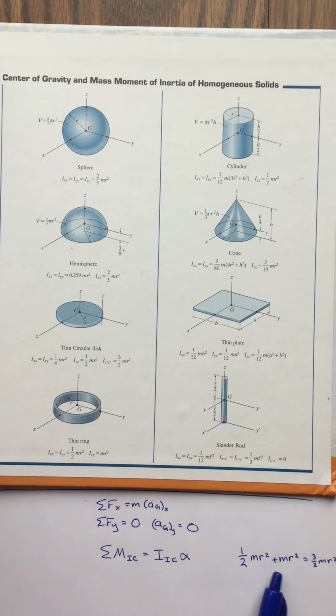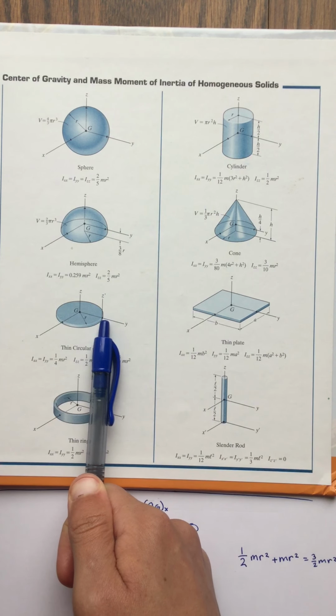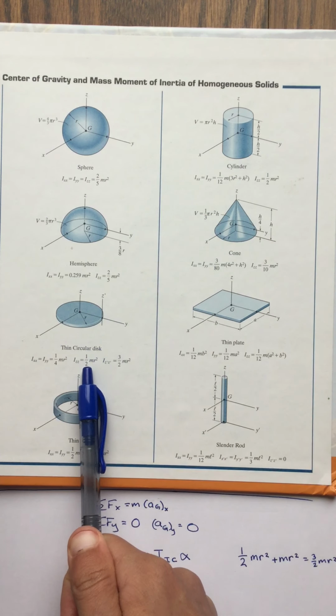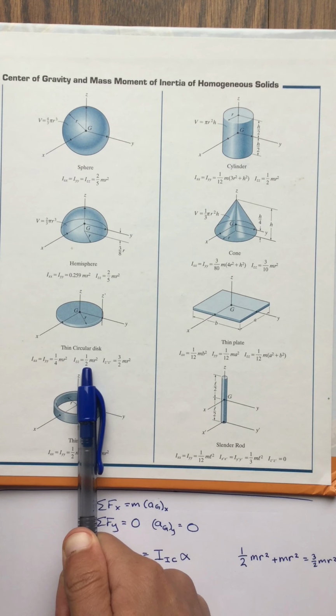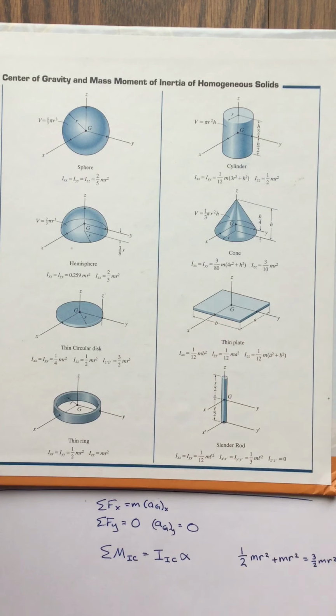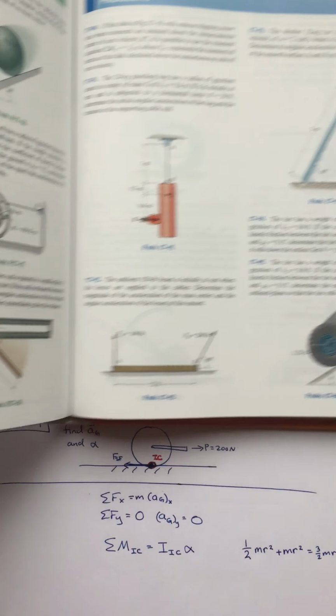So you could either use the parallel axis theorem, or recognize that if you're using the z-axis or the z prime axis, the height of the cylinder doesn't matter, so you could treat it as a disk, and you get the same thing for the cylinder here. Okay, so now that I have that moment of inertia,